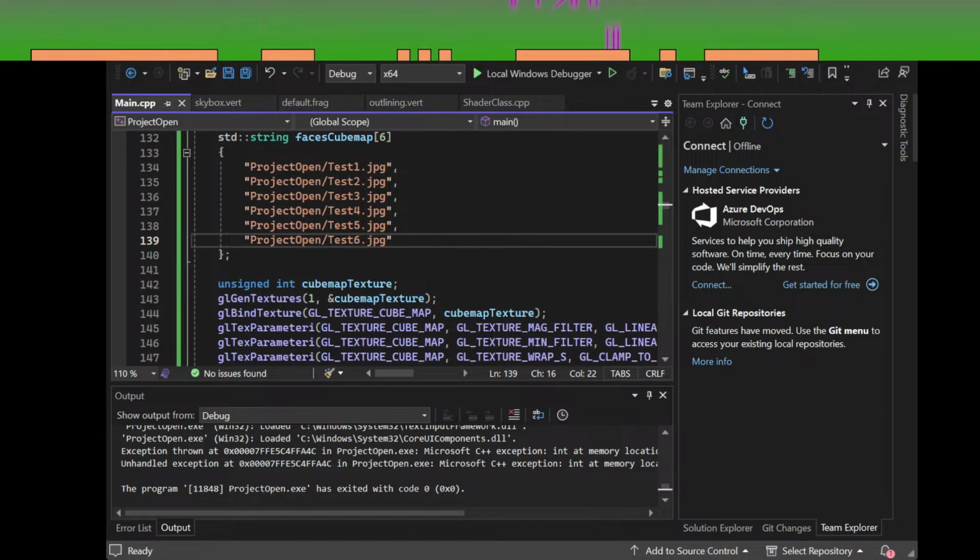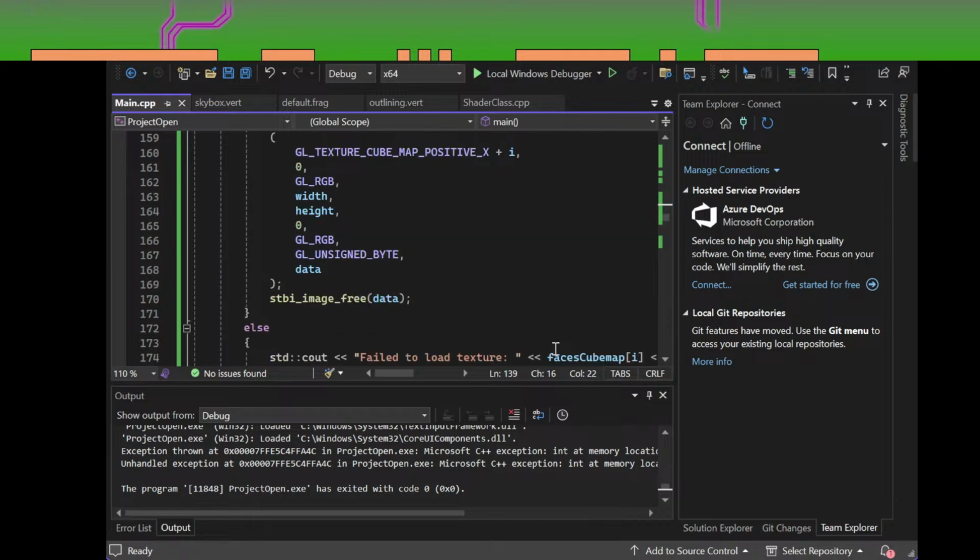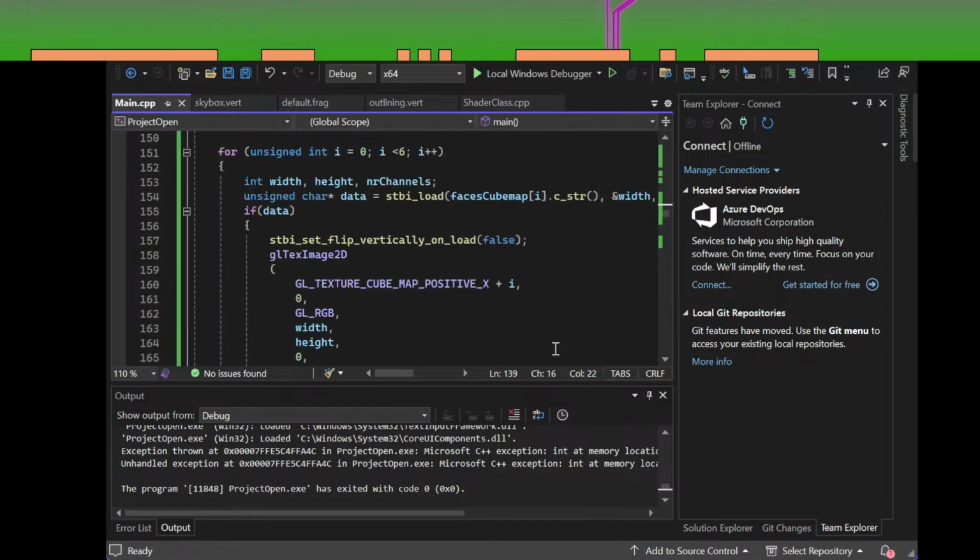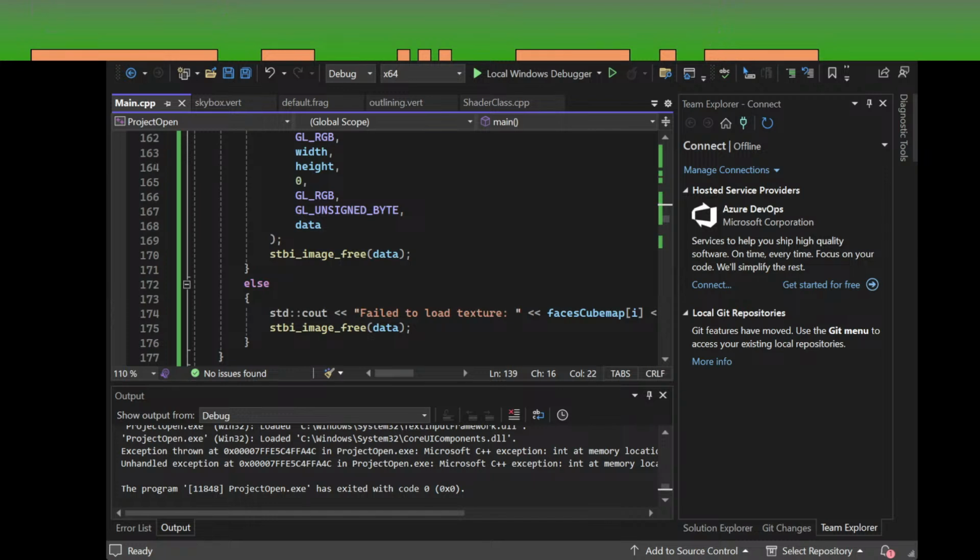And now we'll go over all 6 textures and read them using the STB library, putting them in the cube texture once we read them. Notice how I disabled the vertical flipping. This is because unlike most textures, the vertical flipping. This is because unlike most textures in OpenGL, cube maps are expected to start in the top left corner, not the bottom left corner. Also notice how I add I to GL for have flipped the text shader skyboxes. So that means